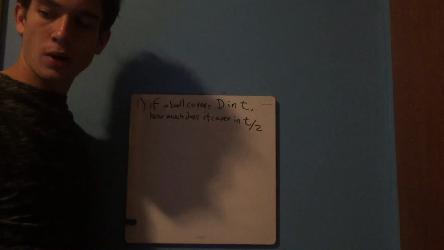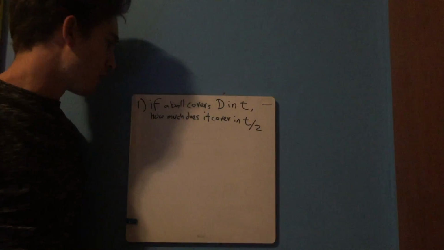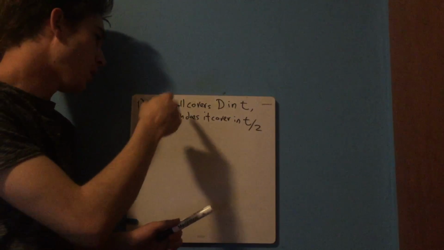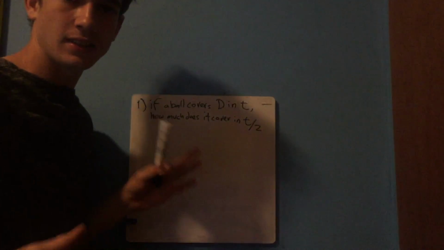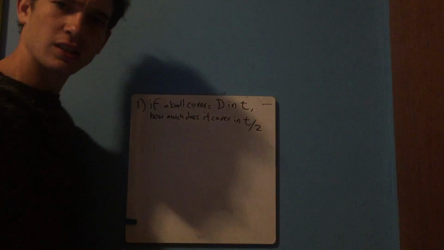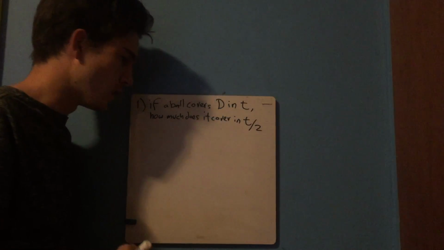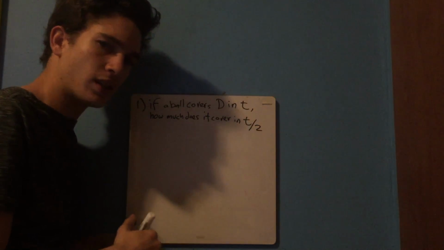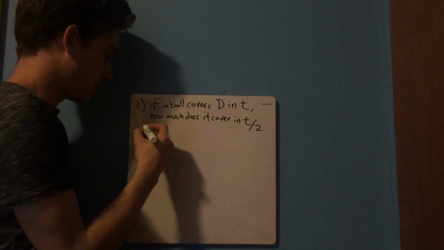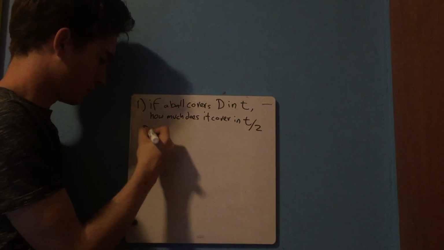So I'm gonna solve some problems from my partial exam. The first one is the following. If a ball covers a distance d in a time t, how much distance does it cover in half that time? So for this we're gonna use our kinematic equation, which equals a d, which is the one it's gonna get to,